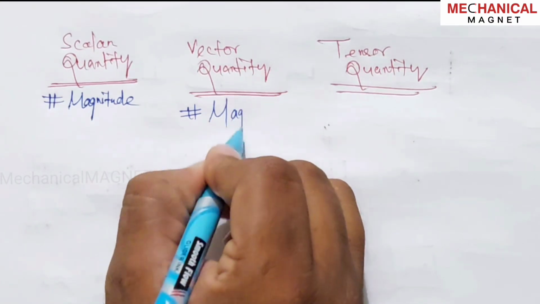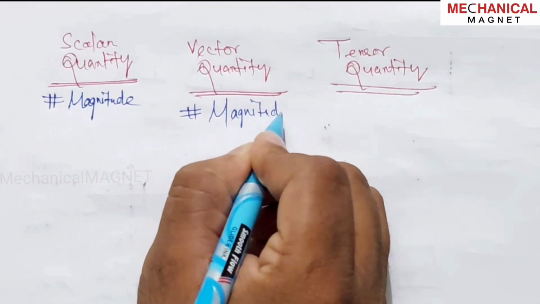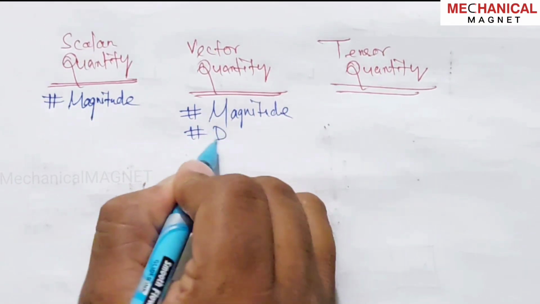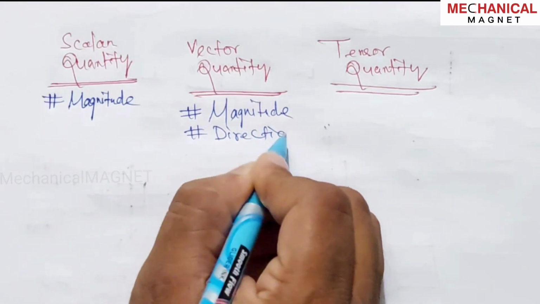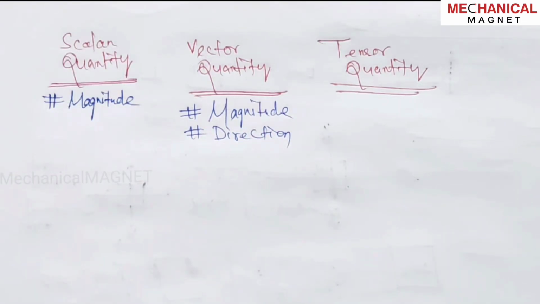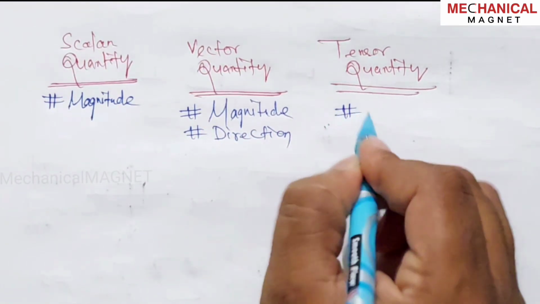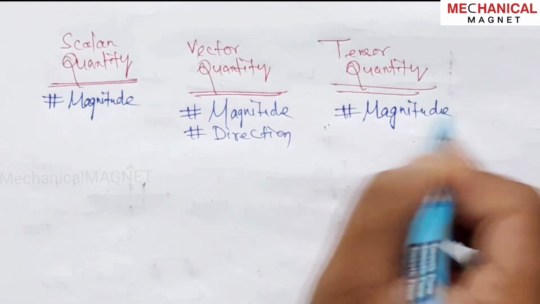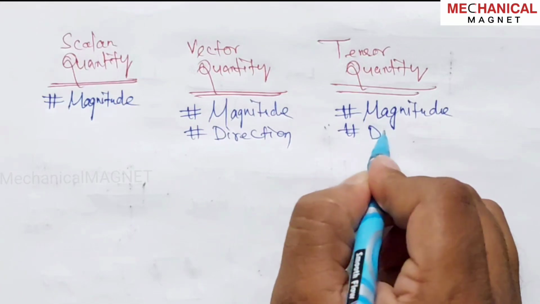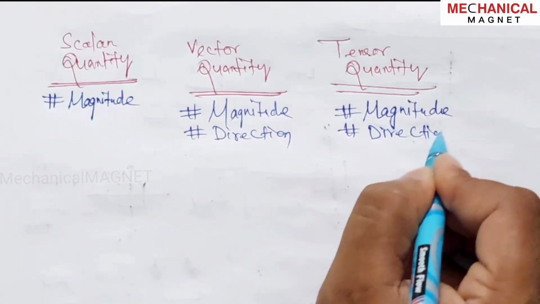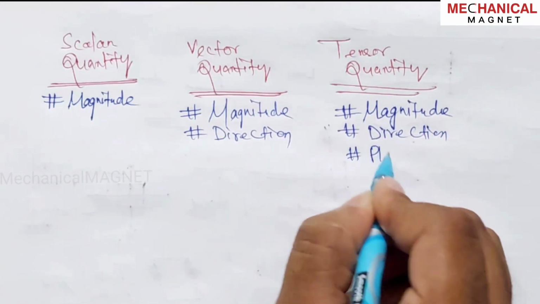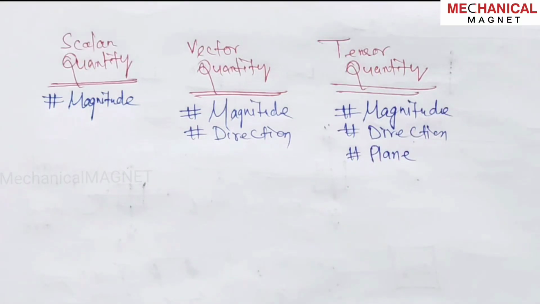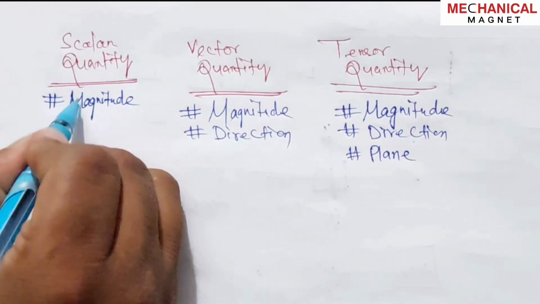Vector is magnitude and direction is known as the vector quantity, and those have magnitude and we can say the direction and the plane. तीनों चीज जिसका होता है वो टेंसर क्वांटिटी होता है।